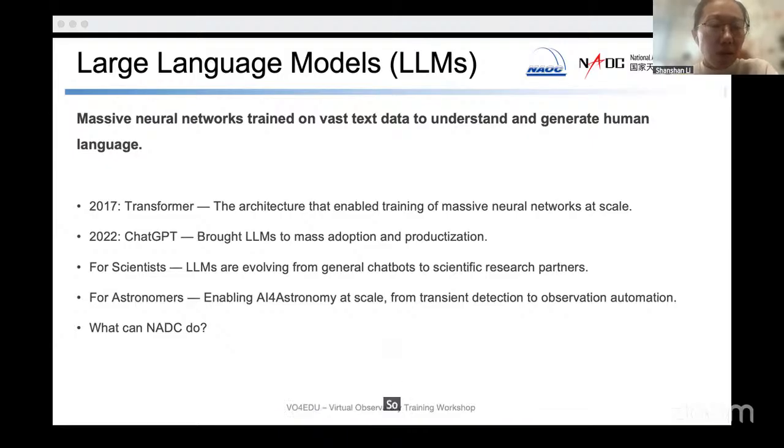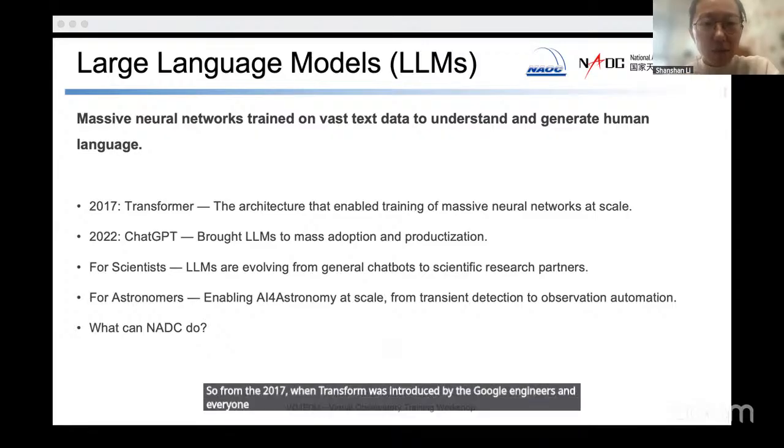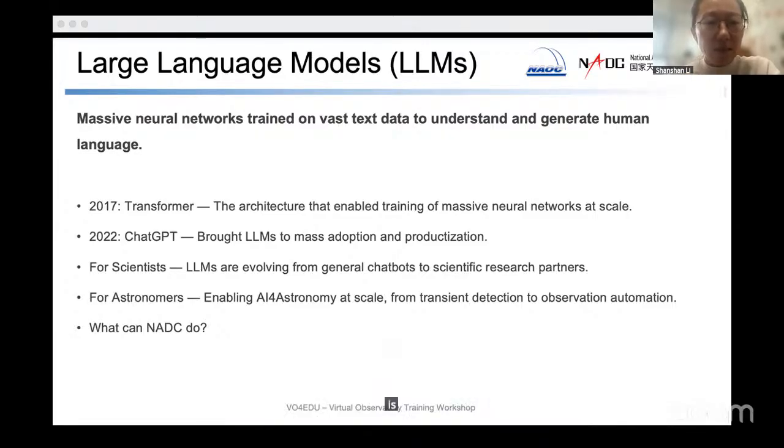Since 2017, when the Transformer was introduced by Google engineers, everyone has seen that there may be a way for humans to use natural language to talk with the computer,